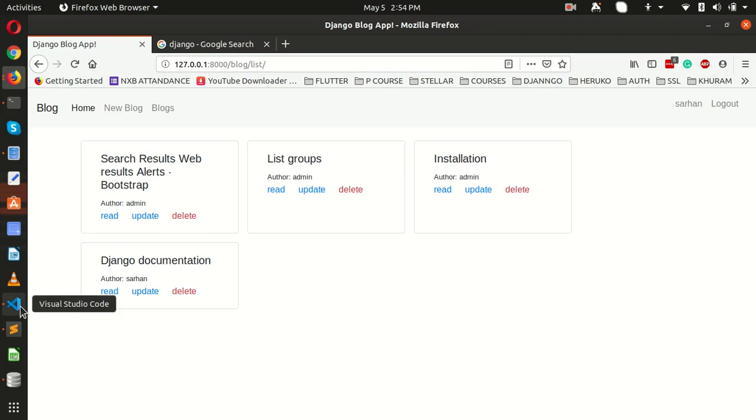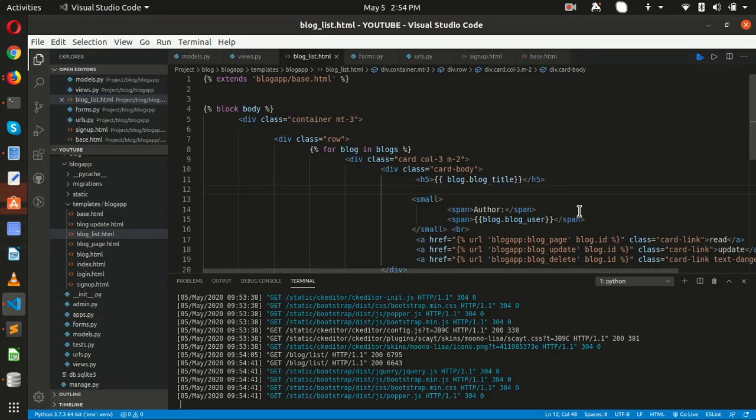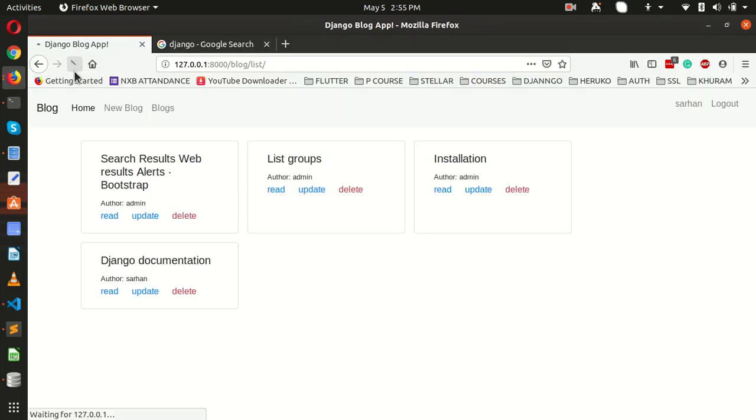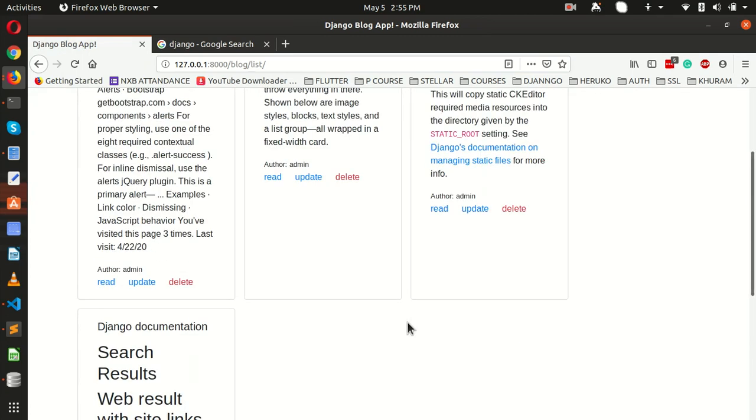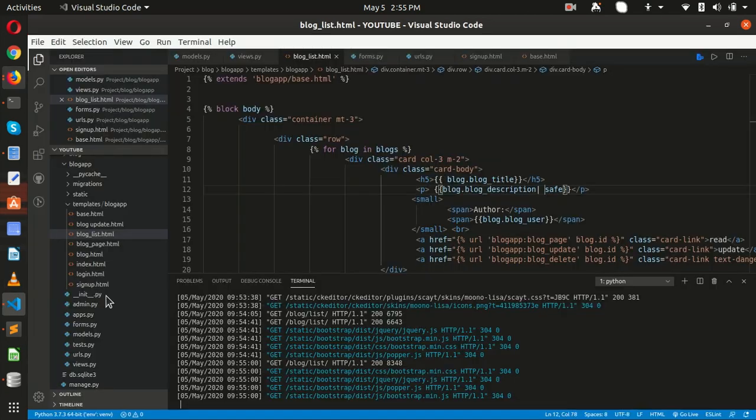I think there are some issues with description. Slice, save. Let me just cut this slice first and try it. Oh, that's fine here as well.